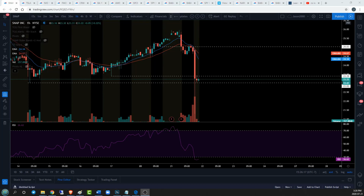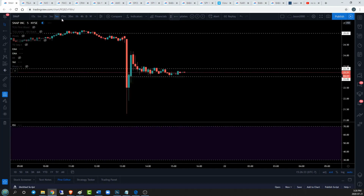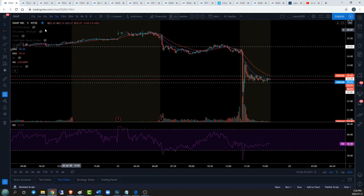We're going to do a follow-up video to yesterday's TCG tickers. Start with Snap on the hourly time frame. Yesterday we were concerned about the fact that the hourly time frame, although the hourly uptrend was intact, we were getting overextended. And we opened overextended, bulls hit a double top, and then we lost a pre-market level in the 5-minute time frame. If we zoom in and take a look at what that looked like,